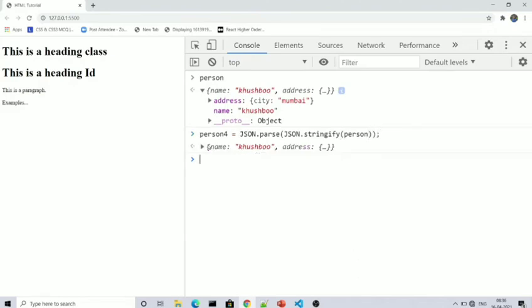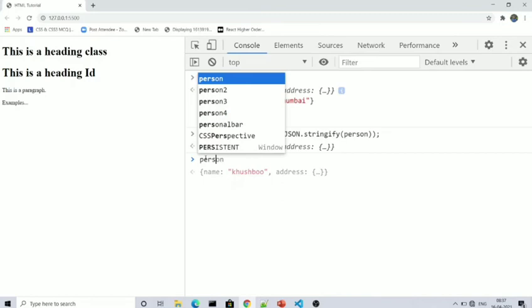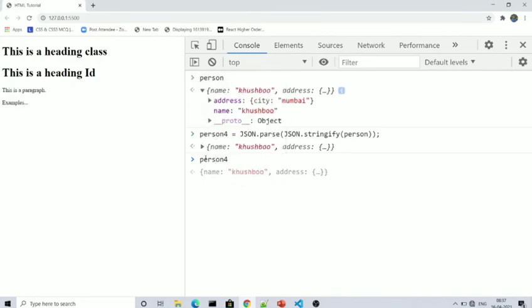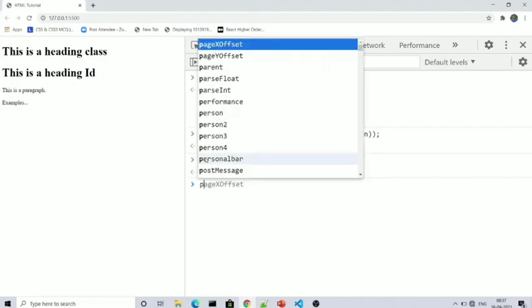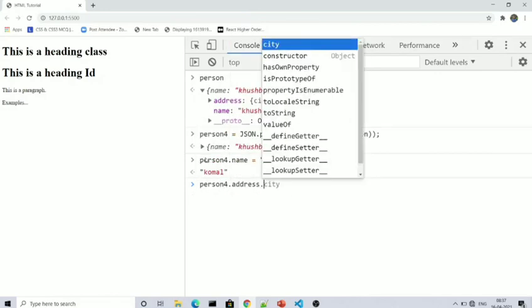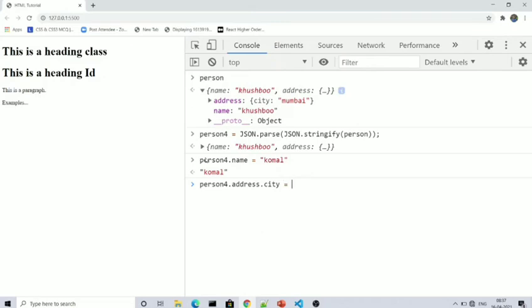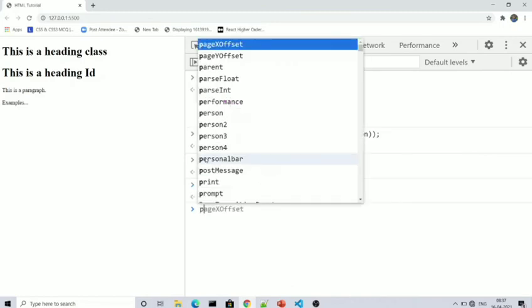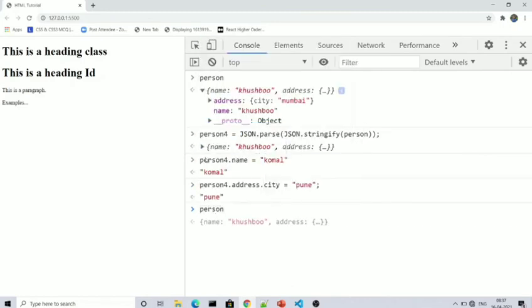Now my object is copied to person4, with name Khushbu and city Mumbai. Now I write person4.name and change it to Komal. Then person4.address.city, I am changing it to Pune. It should be a string. Now I will see my person object.